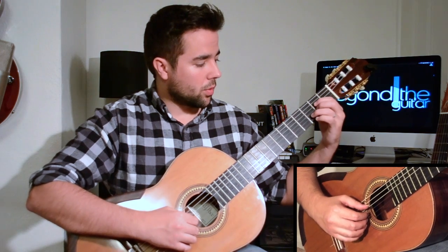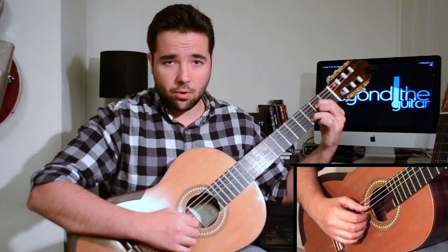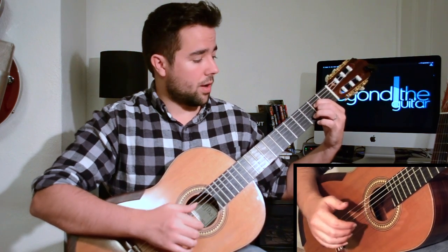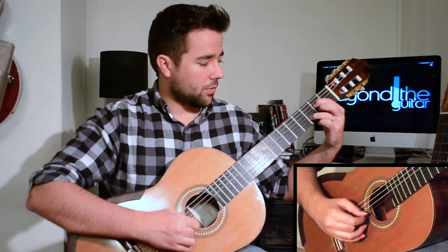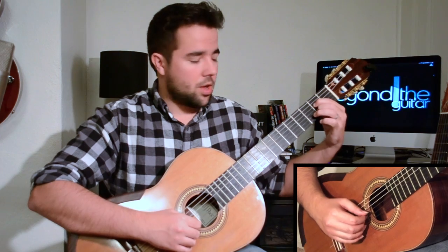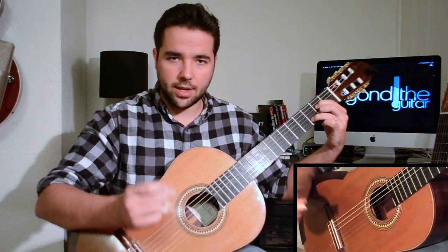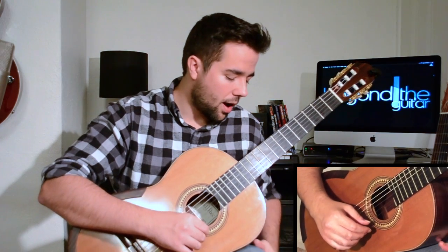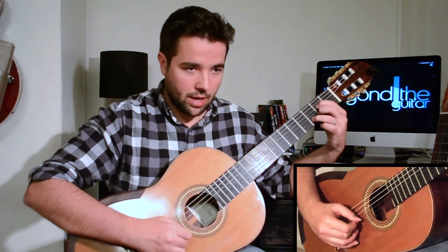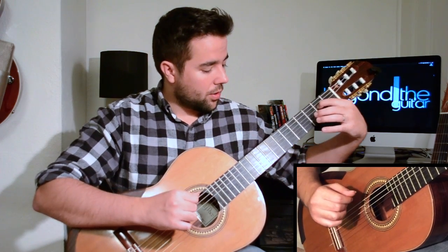Now the important thing to remember is that when we get this figure, you want to make sure that your second finger is already down so that pull off will really come out. Right? If we don't get it down until after we play that, we're not going to have enough weight here, so our string is going to be a little wobbly and it's not going to snap as we pull off. So we really want that snap to hear that note really come out. Alright,